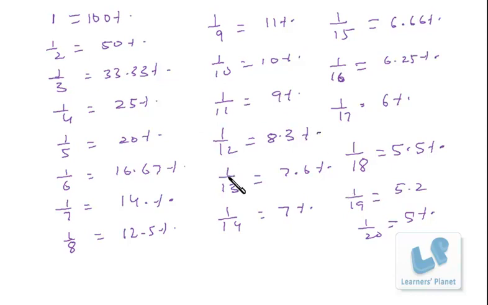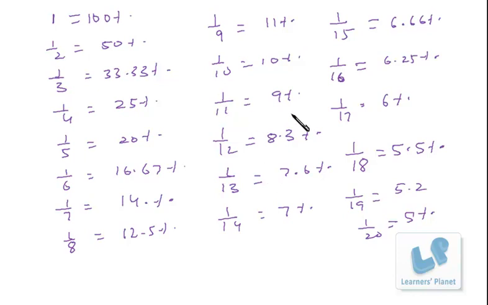Similarly, if you know 1 by 13 is 7.6%, then 2 by 13 will be just double of that, so it's around 15 point something percent, because in data interpretation you are hardly asked about accurate calculation. Most of the questions are based on approximation. So do not go for any sort of mugging up of the calculation. You just try to get an around idea.